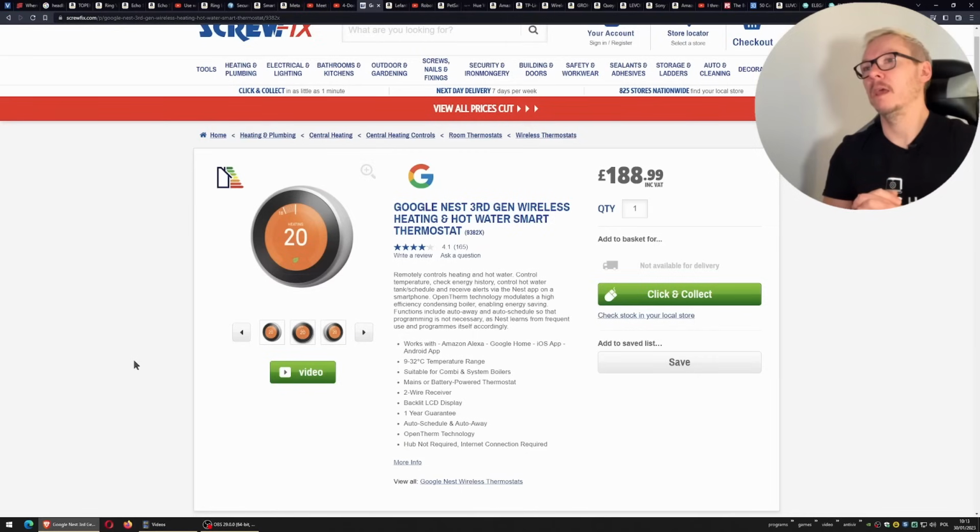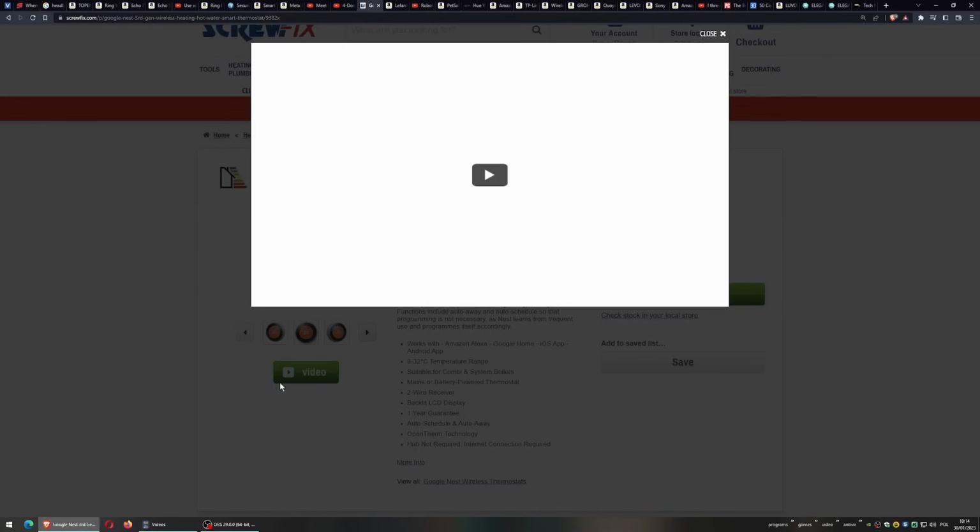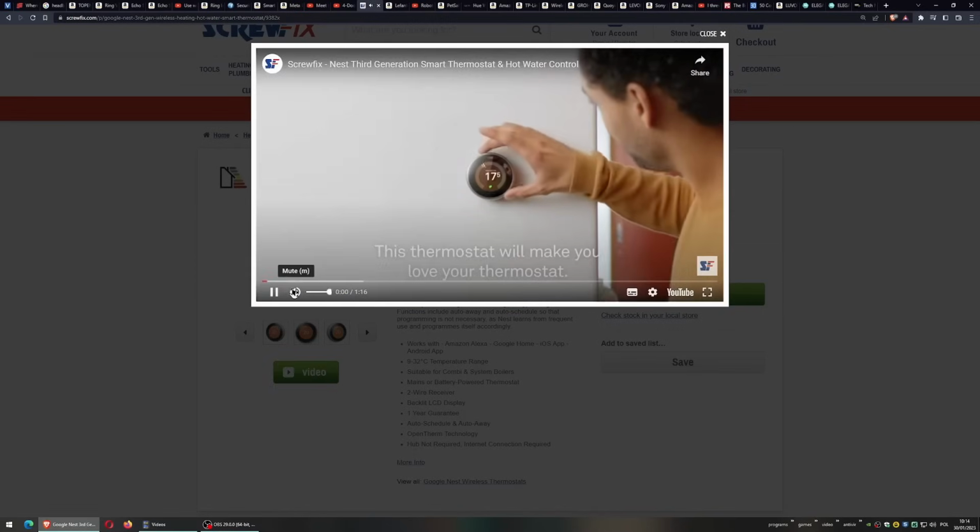Also, it's very handy. You left the house, you know that you will not be at home for many hours and you forgot to change the settings. You can do it through your phone and no need to heat up the whole house when you are not there. So energy saving functions. Also, I just read here, auto away. So apparently this device can detect if you are at home or you are not at home and do it automatically, everything for you. This thermostat will